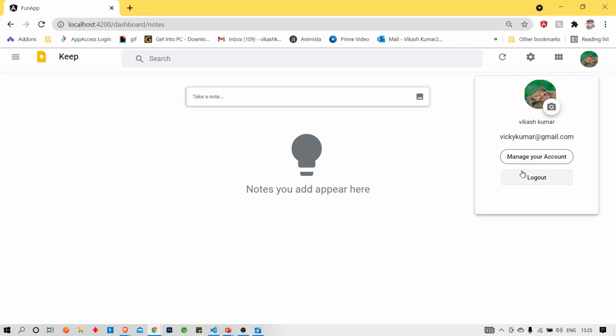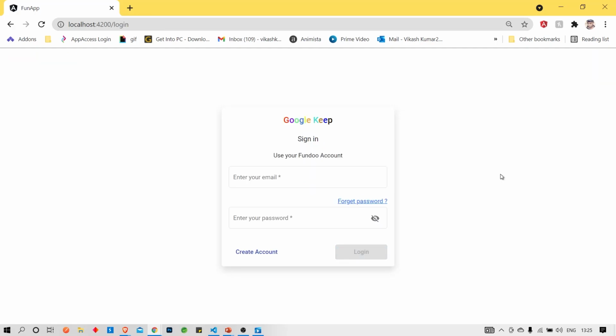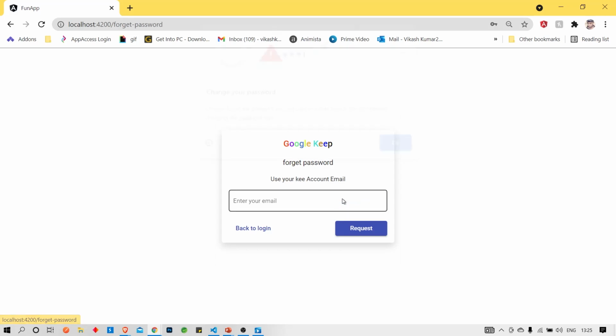Here you can see our name, email, and if we hit the logout button, then it will log out. So now we need to log in again. Here the forget password option is also there. If you forget the password, then you can enter the email, and that email will go to your Gmail ID.